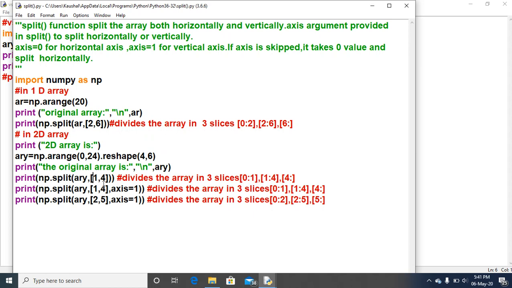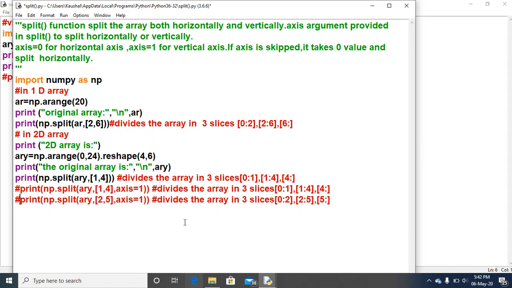And here there is no axis argument. When you do not write the axis argument, it takes the axis value as 0 by default, and the split happens along the horizontal axis. Look at the output; I have commented out the last two outputs so that you don't get confused.